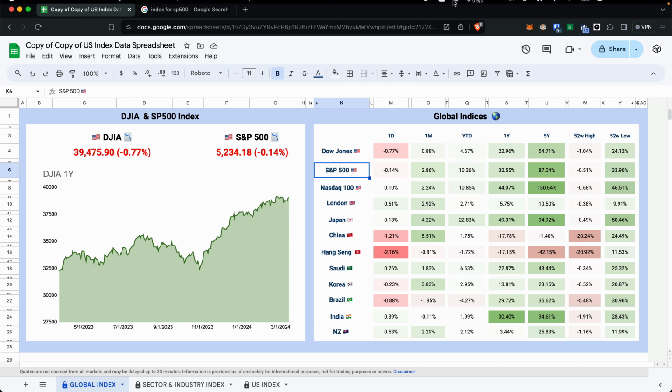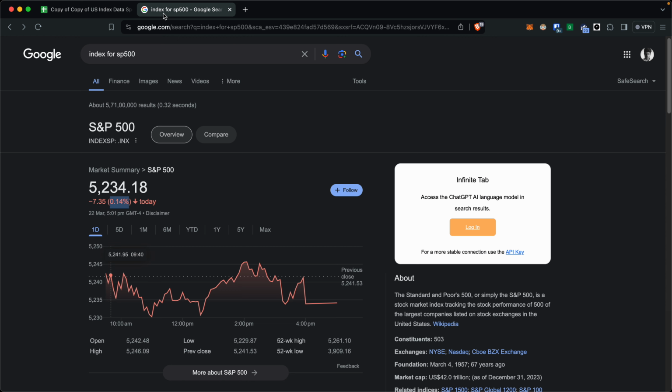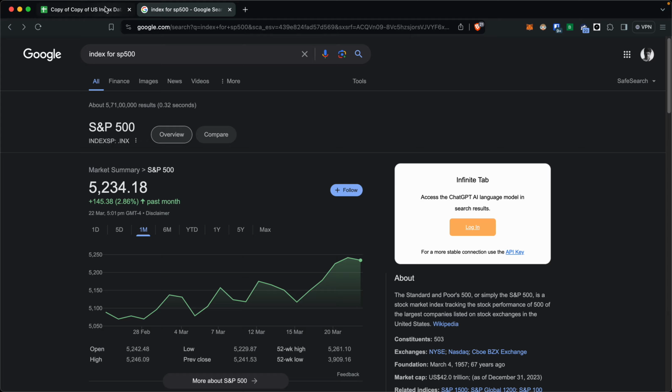Right now the market is closed. Today is Saturday. So if you open it on Monday or Tuesday, it will show real-time data from Google Finance. It may be delayed up to 20 minutes as per Google Finance. And if you click on 1 month, it will give you